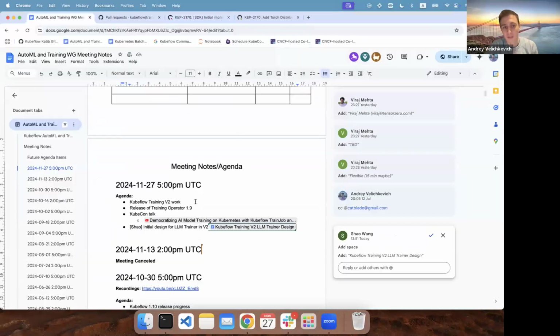All right, sounds good. So in that case, let me just share my screen so we can go quickly through the agenda items. Before we jump to this discussion around LLM trainer that Xiao is going to talk about, I just want to give you a quick update on what we have right now for the V2 work. I think we've made very good progress so far. We presented this talk at the latest KubeCon together with Yuki. I think it was great. Unfortunately, I wasn't able to attend this event in person, but Yuki had a lot of good conversations with different folks,